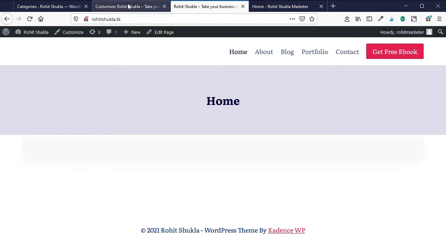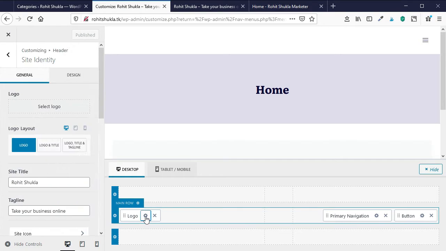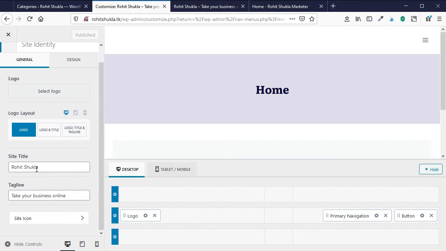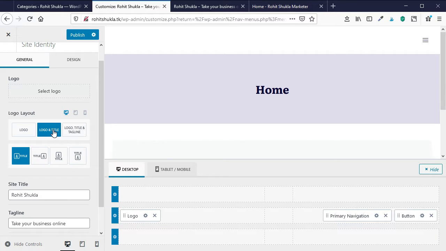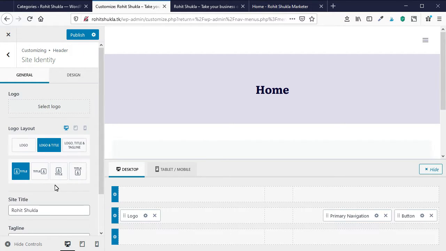Now our logo is not showing. Let's check why it is not showing. Click on logo, go to logo and title. Now if I click on logo and title, let's see what happens. These are the different settings. You can show image and title, title and image above, title below.